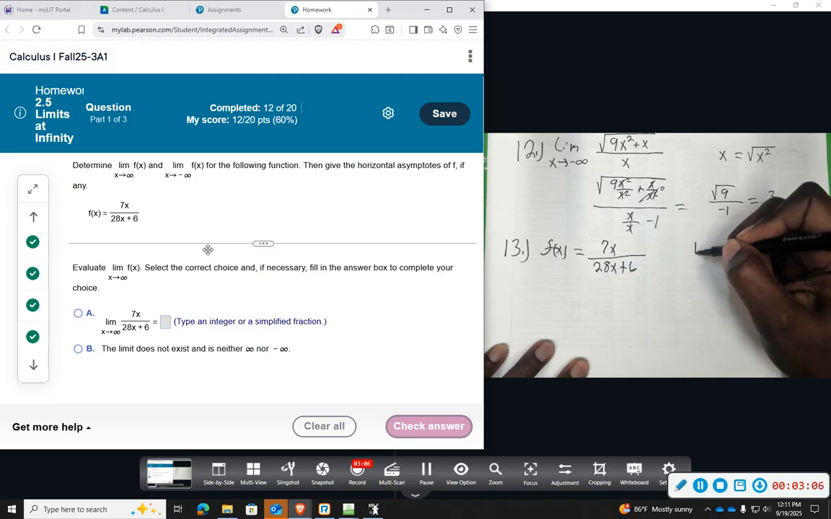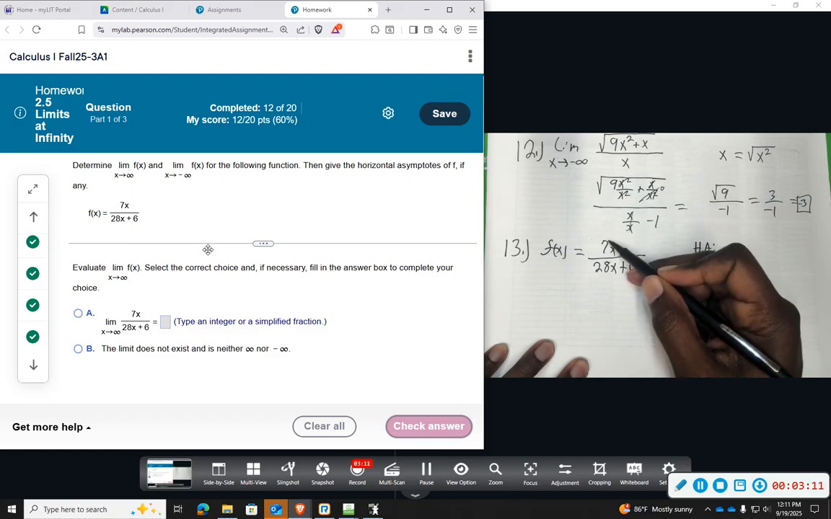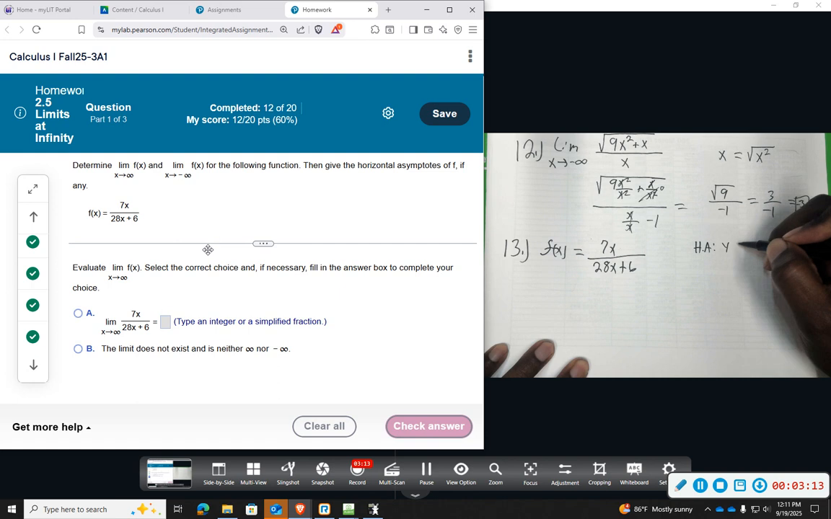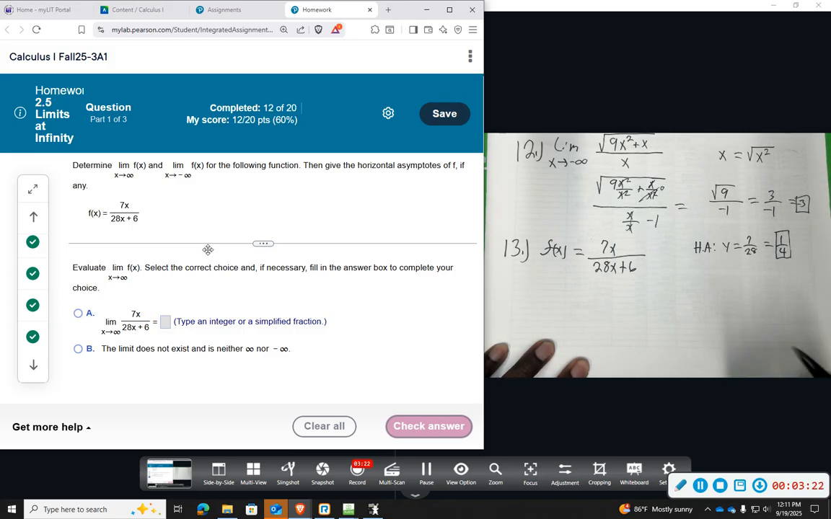horizontal asymptote would just be the ratio of 7 over 28, which will reduce to 1/4. So we have a horizontal asymptote at 1/4, and what that means,